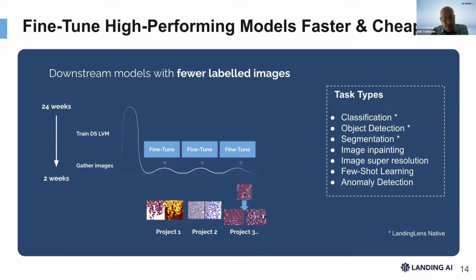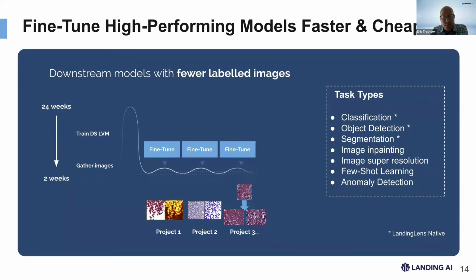But when you get to the fine tuning, that's typically done in days or weeks for each of those individual use cases. So one way to think about it is if you have an LVM in a specific domain with a number of downstream use cases, each additional use case is going to be brought to market with a higher level of performance, faster, typically orders of magnitude faster than it would have been otherwise if you did it without the LVM. And today, in the Landing Lens platform, you can build these downstream tasks for classification, as David just mentioned,